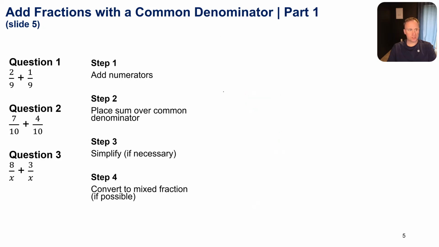Okay, let's go to question number 2 now. So question number 2 is 7/10 plus 4/10. So first step here, we will add our numerators. Step 1, 7 plus 4 is 11. Step 2, we're going to place the sum over the common denominator. So 10 stays our common denominator. Now, 11 over 10